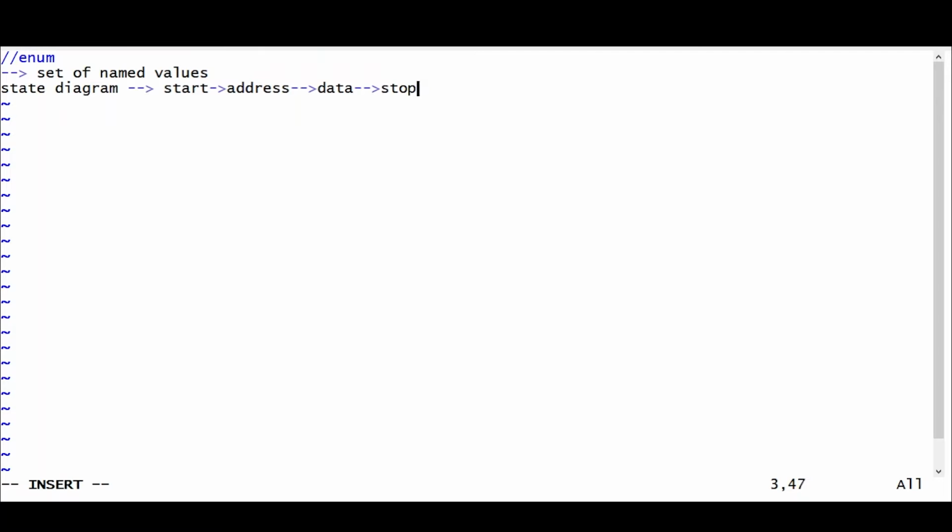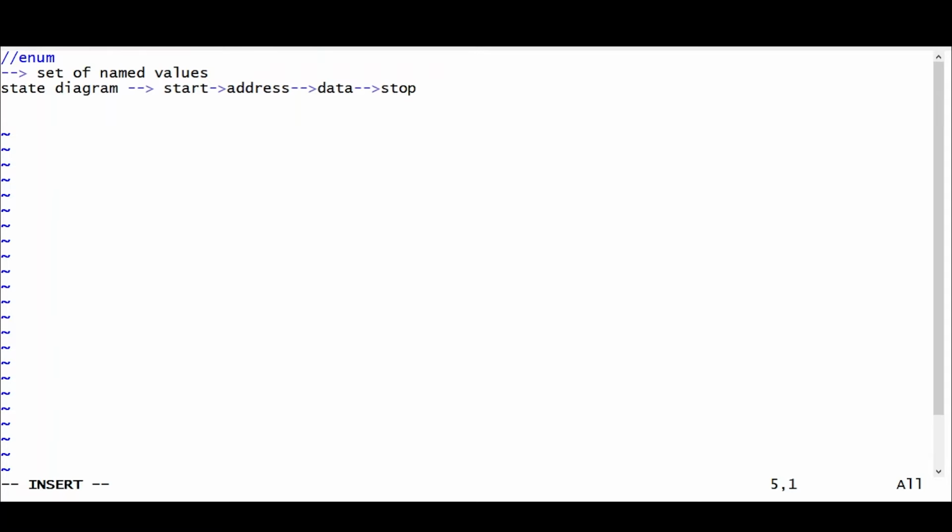So the states will be assigned as bits. If you see any state diagram, what we used to do is assign it as 0 0, then 0 1, then 1 0, 1 1. So like this it used to go.